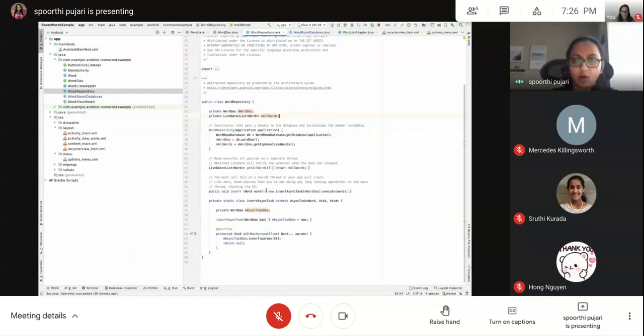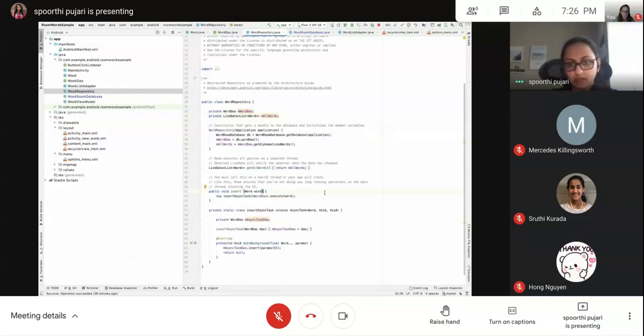All database operations are long running processes. You should never perform long running processes on the UI thread, because it will block the UI thread and cause your app to crash. So any long running process like file access, networking calls, database access, you should never write them in the main thread.